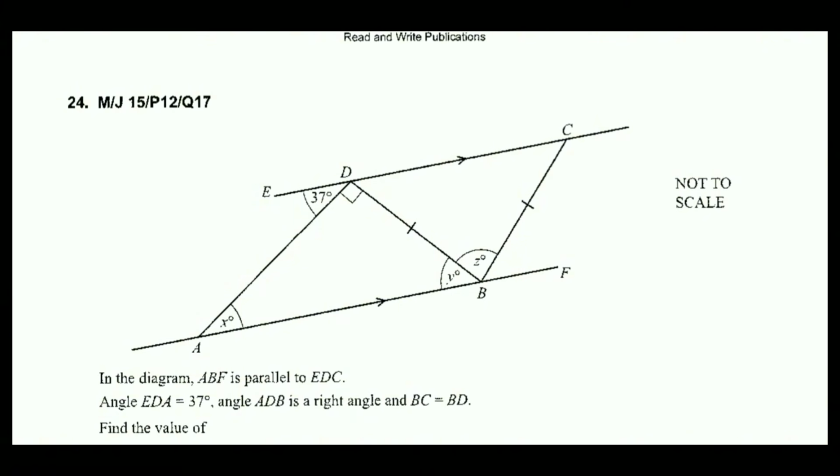We can see here isosceles triangle. So first of all, we can see here a Z angle, this one, because this line and this line are parallel. So if these two lines are parallel, the Z will be between these two lines. So if that angle is 37, it means that this one will also be 37. Okay.